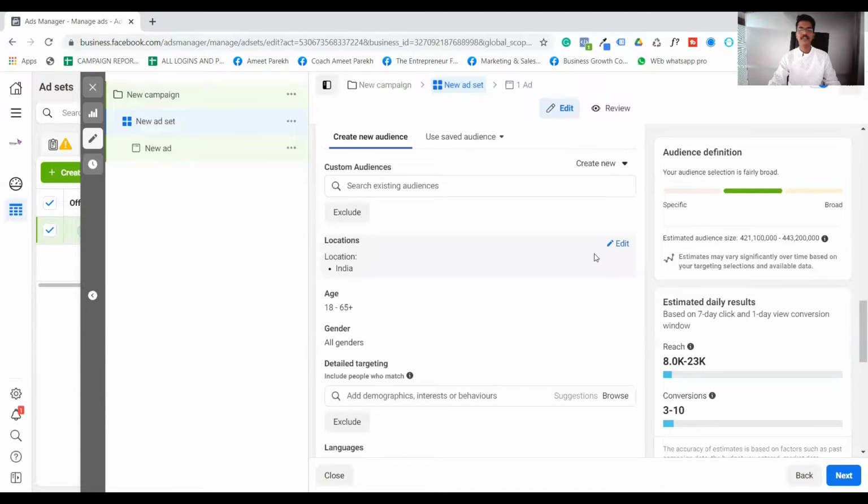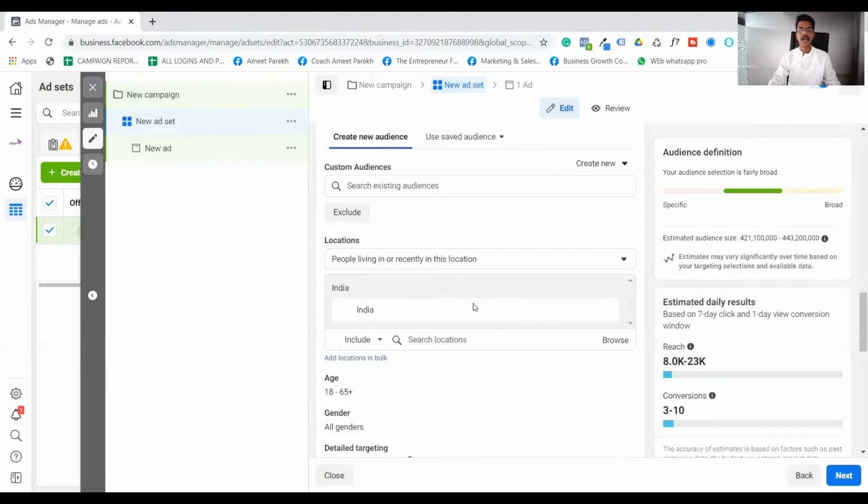What we are exactly doing is editing this part, and normally Facebook gives you a default setting: the default country that you are in, or the default area where you already did advertisements. If I'm in India, it's showing me India. If you are in the United States, then it will be the United States, or if you are advertising to a particular area like New York or San Francisco, then that will be the default option for you.